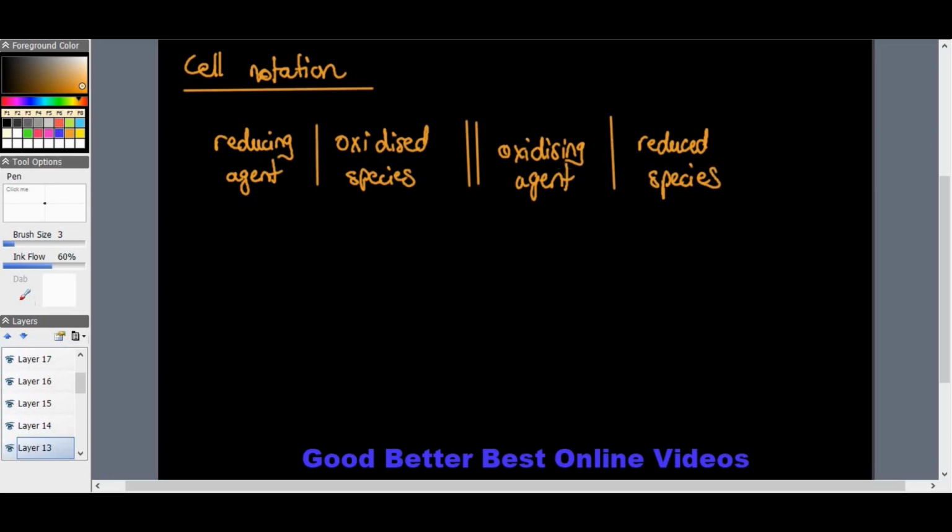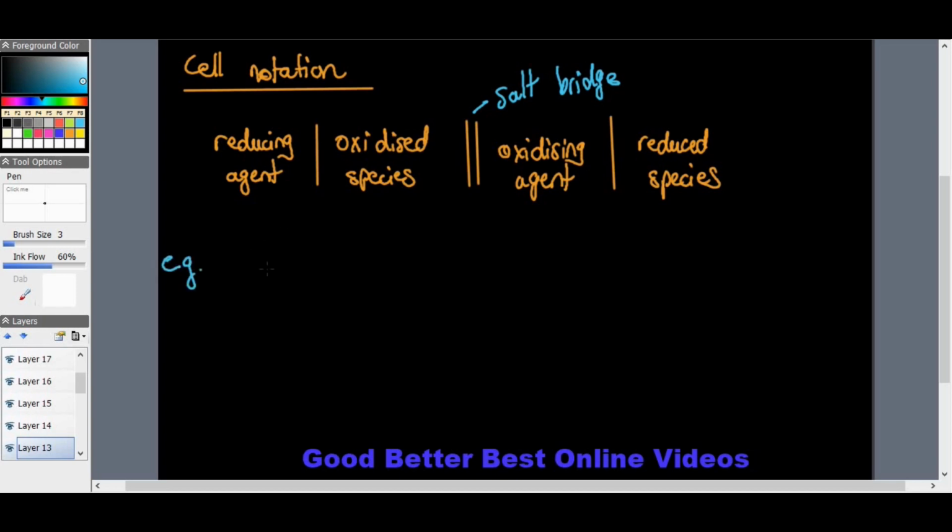Okay, so this line here is written to show that one is the anode and one is the cathode. This in the middle here is the salt bridge. The double line shows the salt bridge. Okay, so if we have an example